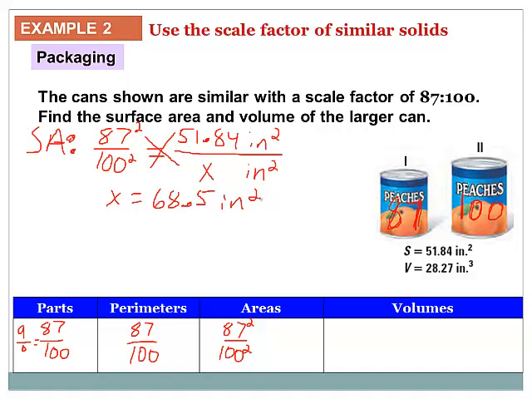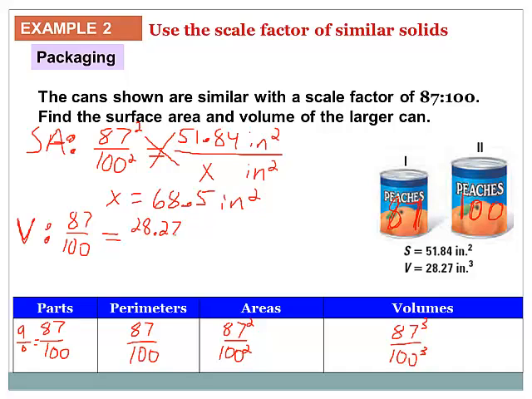Now if I come down here and I'm looking at volumes, remember if we have volumes, we have 87 over 100 still, because that's our scale factor. They told us that up here in the problem. Since we have volumes, we need to cube those. So I'm going to look at the volume, and I'm going to be comparing these volumes. I have 87 over 100, and I set that equal to